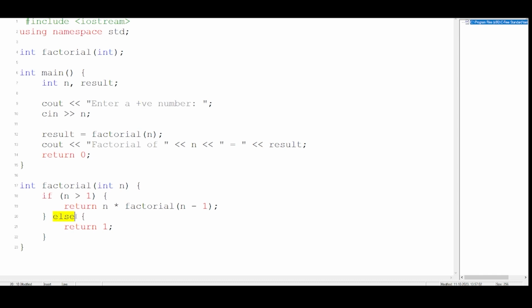So you have to remember that negative numbers cannot have factorials, only positive numbers. That's why I have not put the condition that if n is equal to 1. I have just written else, because I am asking the user to put only positive integers. If you put negative integers, it will not work. So that is the concept, that is how factorial works. The most important line is line number 19. I'm simply calling the function again and again.